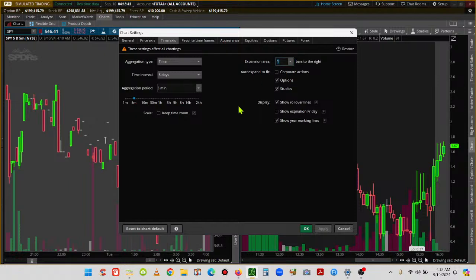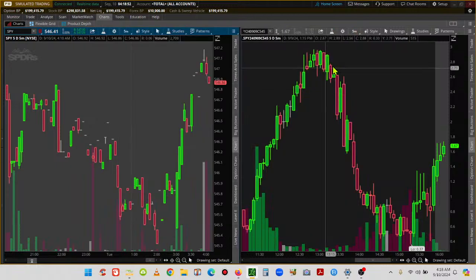And the reason I only use 1 is because I want to focus. I want to have as much real estate on the chart on my screen because I'm using a laptop and I want to utilize the screen. Okay, I want to be able to walk around with my laptop and trade from anywhere in my living area. So